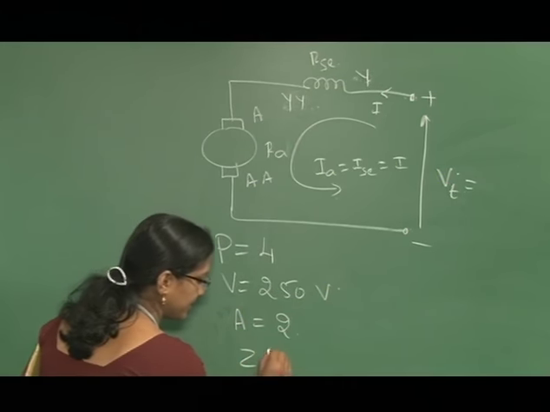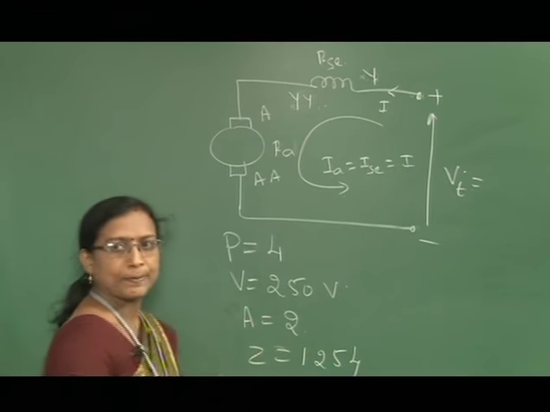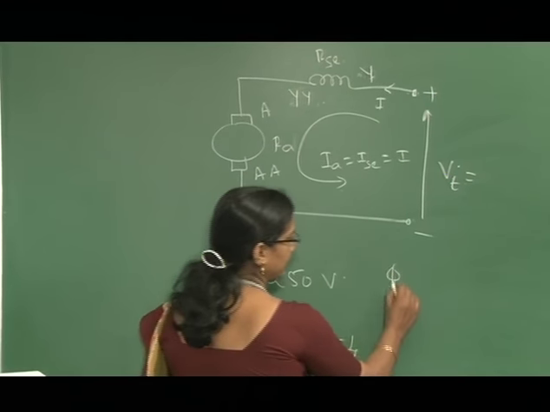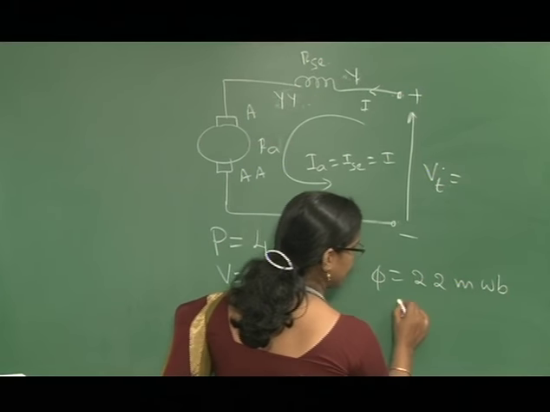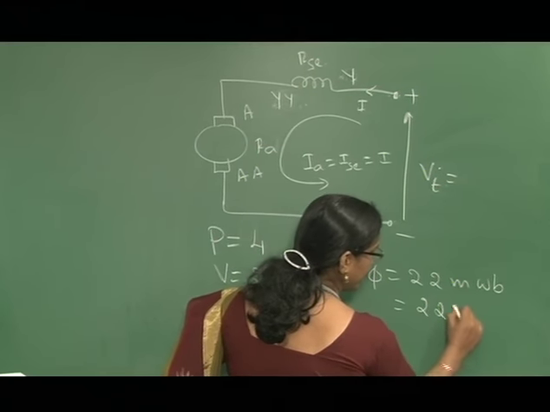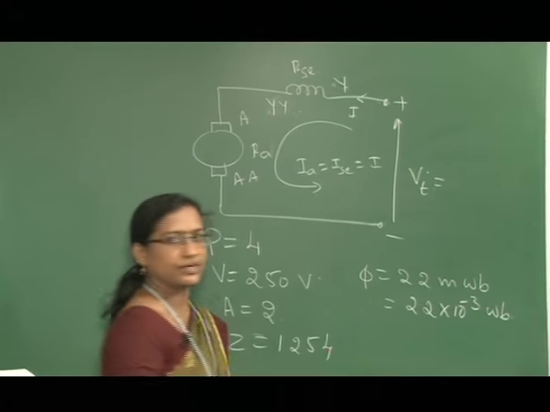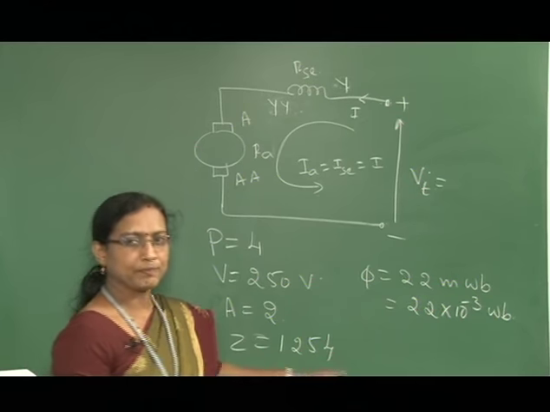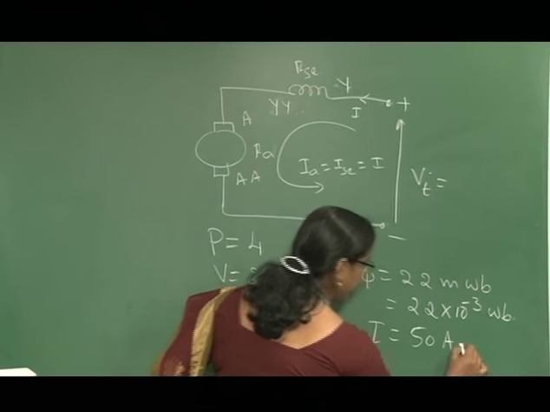Then the armature conductors we have 1254, and then the flux per pole is given 22 milliweber. Since it is given in terms of milliweber, convert this into Weber. So, it is 22 into 10 to the power minus 3 Weber, and